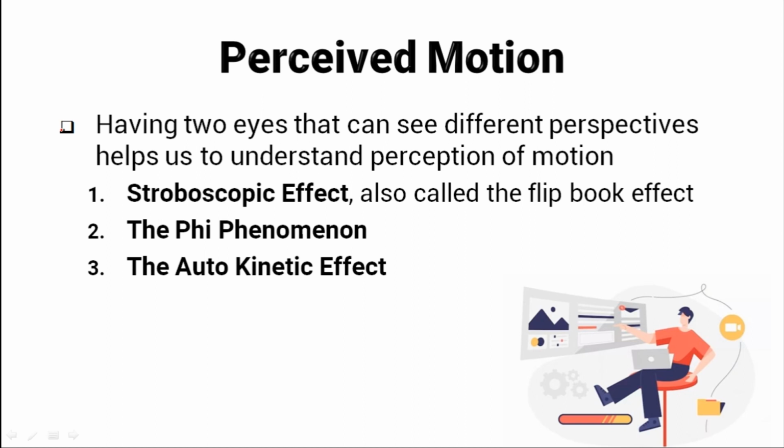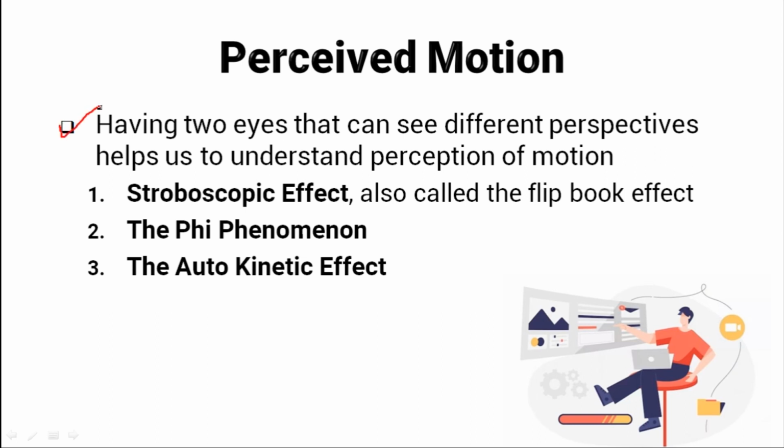Each eye receives a slightly different image due to its unique position. These different views are then combined in our brain, allowing us to see the motion happening. Let's say you are watching a person walking from left to right, and your left eye sees one view and your right eye sees a slightly different view. Your brain puts these views together and that's how you perceive the person's movement.